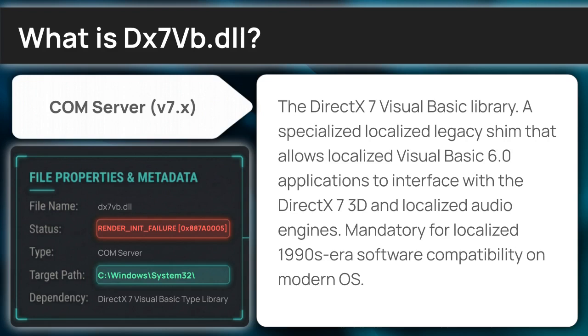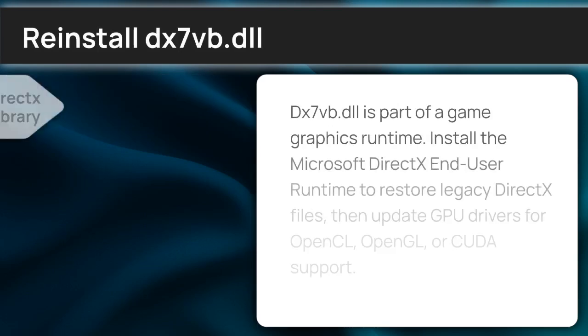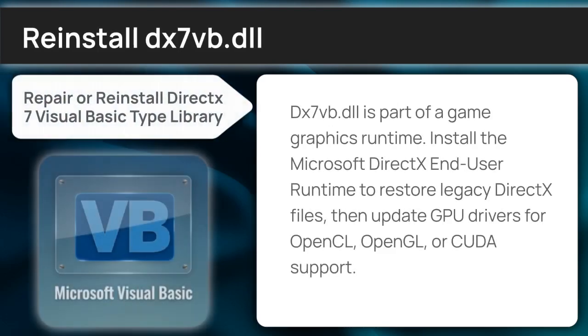Our first move is installing a fresh, clean copy of the library. dx7vb is part of a game graphics runtime. Install the Microsoft DirectX end-user runtime to restore legacy DirectX files, then update GPU drivers for OpenCL, OpenGL, or CUDA